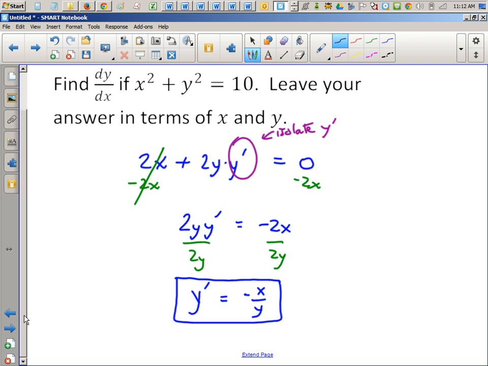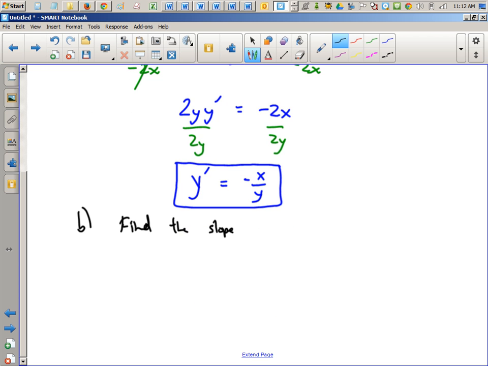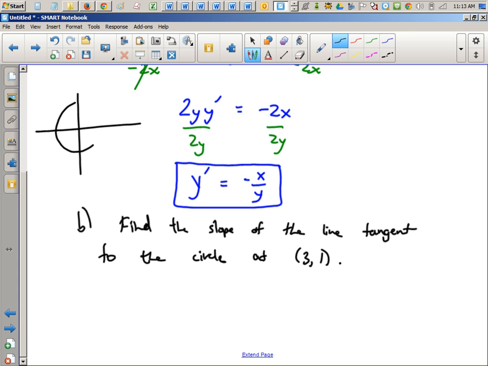I need two numbers whose squares add up to 10. How about root 3 and, oh, sorry, that doesn't work. How about 3 comma 1? 3 comma 1 is on the circle. So let's say you did like a part B. Find the slope of the line tangent to the circle at 3, 1. Okay? Because after all that's going on in this, there's this circle, and the radius